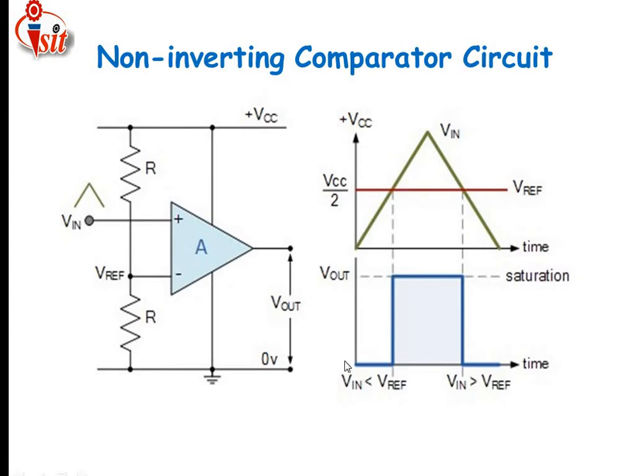At that point what happens, if suppose V in is less than V reference, then it goes in the positive direction, and there is some saturation region. This is the straightforward region, and if V in is greater than V reference, then it goes to the negative saturation region. And whatever box is created here is nothing but a comparison between V in and V reference. First, V in is less than V reference, and second, V in is greater than V reference. In between, some saturation region also occurs, and for that purpose the block is there.